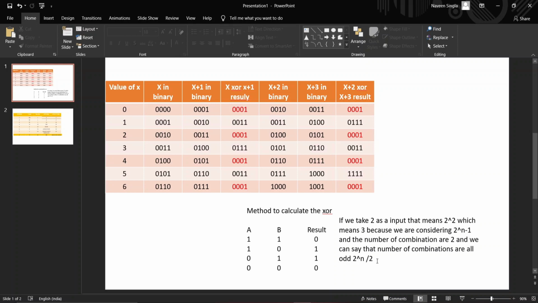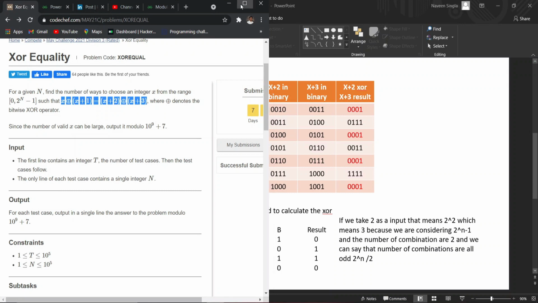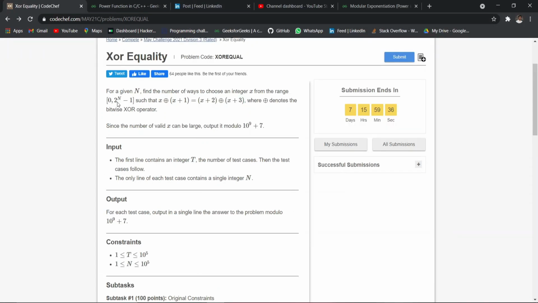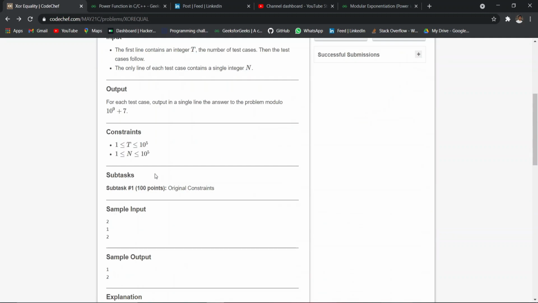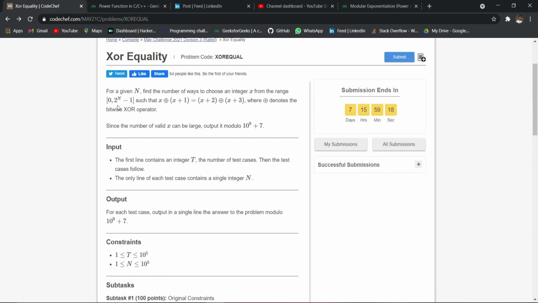Okay, so we can say that if we want to find the number of combinations, we can just use this simple expression, which is 2 raised to the power n divided by 2, which will give us the number of valid integers. Okay, but the problem arises here. As you can see, we have 2 raised to the power n, and the value of n can vary from 1 to 10 raised to the power 5. And if you want to calculate 2 to the power 10 raised to the power 5, which means